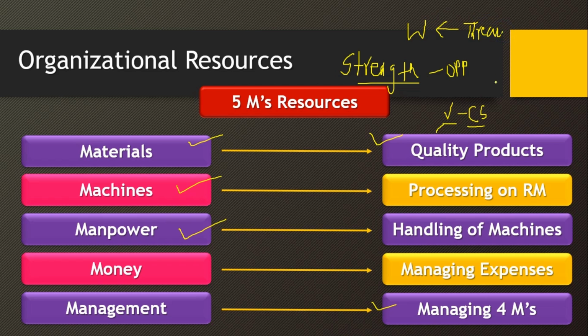And hence, when we go for internal factor evaluation, we will go for 5M resource analysis, so that we can understand whether we possess strengths or weaknesses as compared to our competitors. If strengths are present, and if we can utilize all these resources effectively, we can develop competitive advantage, which is also called strategic advantage, and this strategic advantage will help organizations achieve their goals and objectives, and thus the vision of the organization.